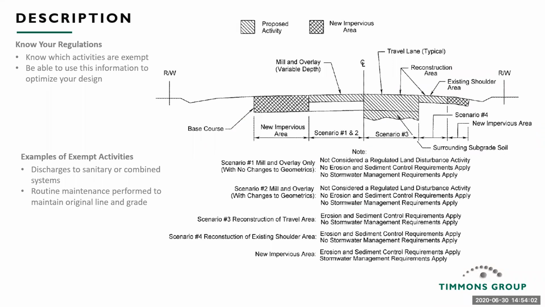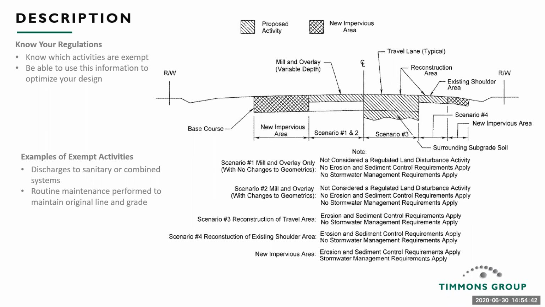Craig touched on this at the beginning, but I wanted to briefly touch on it again through a case study to demonstrate why it's important: knowing which activities are exempt from the regulations of whichever jurisdiction you're in and using that to optimize your design. The image on this slide is VDOT guidance on which portions of a roadway project are exempt from the regulations. Anything that's exempt can be omitted from your project disturbed area. Generally speaking, keeping that project disturbed area smaller is going to help you. It shows that milling and overlay and travel lane or shoulder reconstruction are exempt, so you can just omit those from your disturbed area.